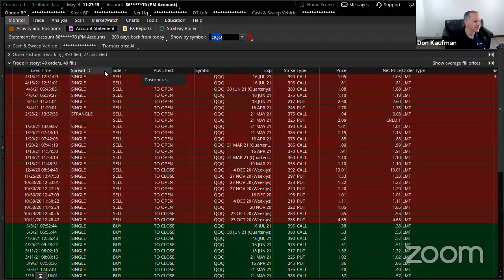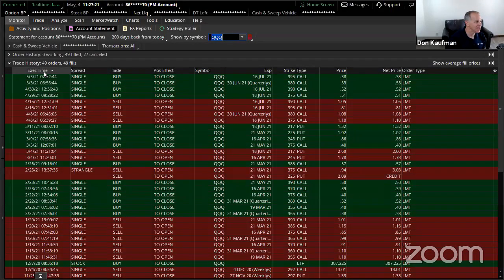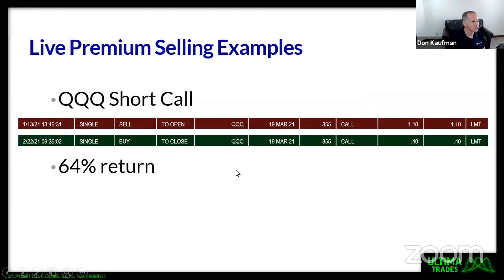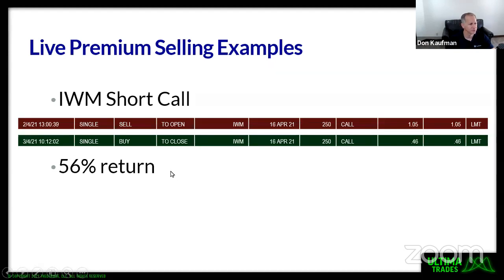Whoops, swing and a miss. Okay. Let me put in the execution time over here. This literally leads you to yesterday's date, May 3rd. So QQQ short call, QQQ short call, 53% return, QQQ short call, 57%, IWM short call, 56% return, 50% return,